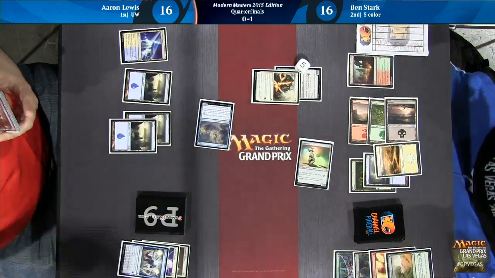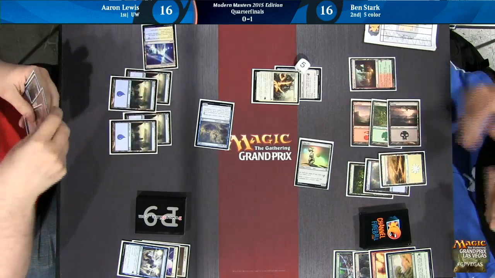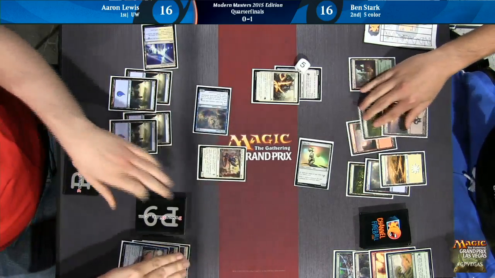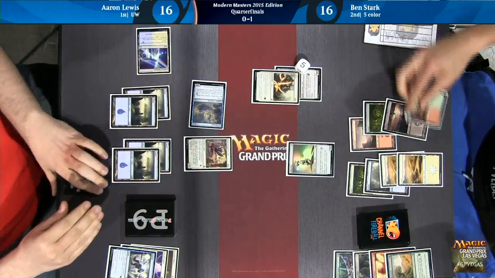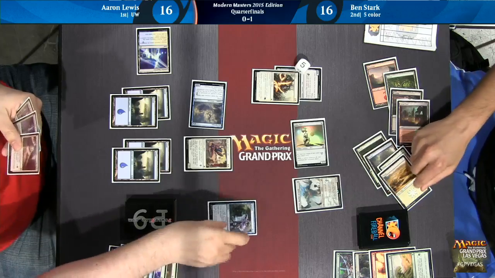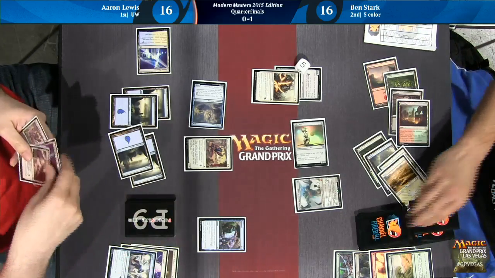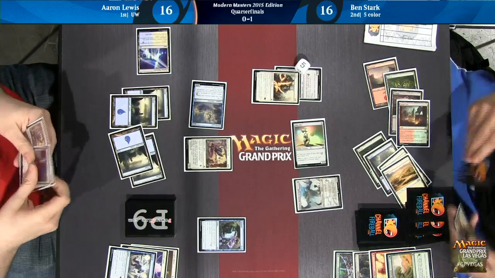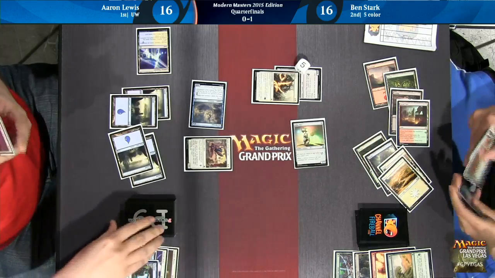Arrest doing very good work here for Aaron Lewis. We saw that in the first game, nearly buy him enough time to turn the corner. The second Arrest, I should say. Right, in the first game. The first one doing nice work here, though. Oh, wow, it's Kozilek. Now it's going to get remanded, but he actually gets to draw the 4 cards here. Yeah, that's crazy. So, Aaron trying to buy himself a little bit of time to deal with this Kozilek, but